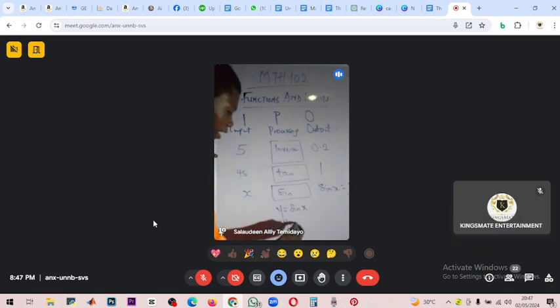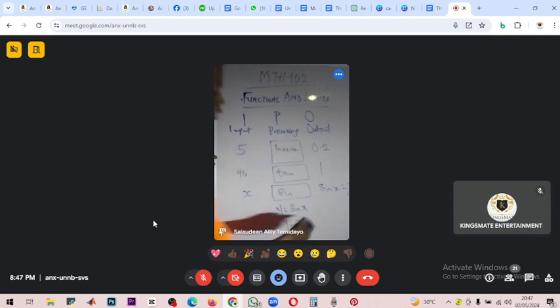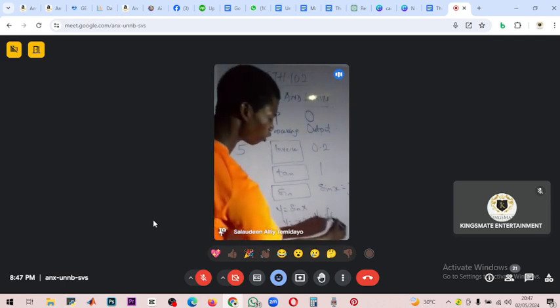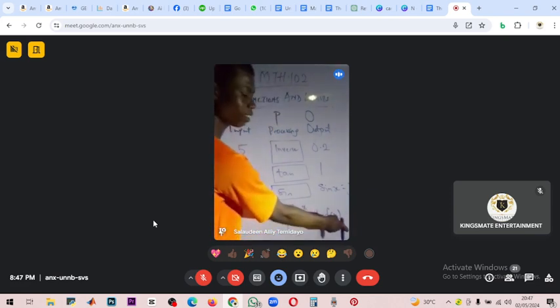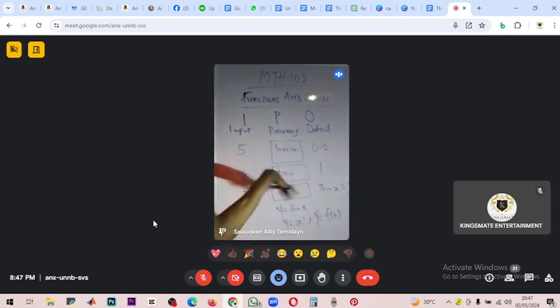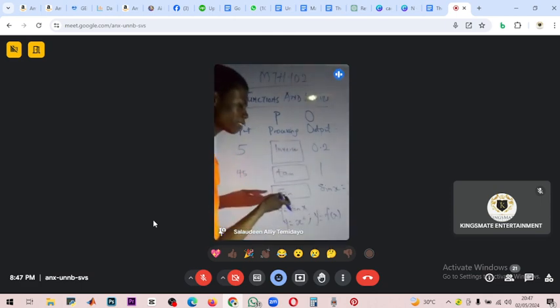If I said y equals x squared, it also means y is a function of x. What is that function? Square function of x. If I said y equals f of x, that means y is an f function of x. What is f? I don't know. It might be any function. Let's say it is inverse function of x. It might be tan function of x. It might be sine function of x.